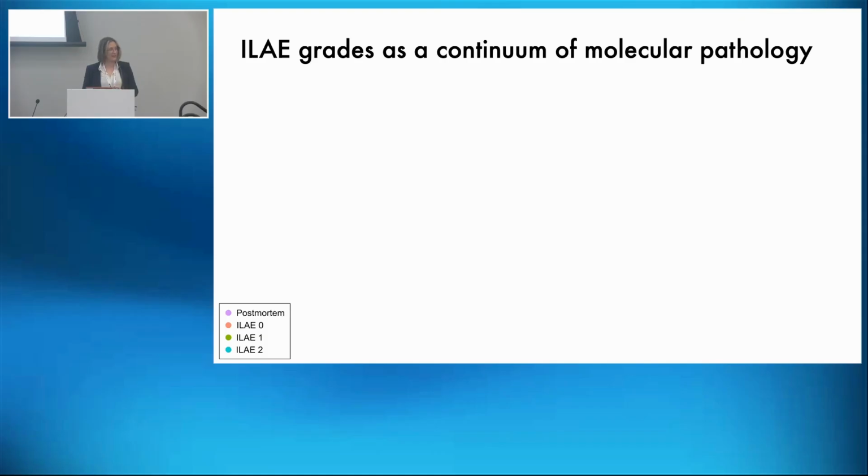So one thing that we've found in all of our data analysis, so I'm not showing all of it, but we saw this trend of gene expression changes between non-hippocampal sclerosis versus hippocampal sclerosis, but even within hippocampal sclerosis from ILAE2 to ILAE1. So the more cells that are lost, somehow we see more regulation. So we wanted to conceptualize this a little bit more.